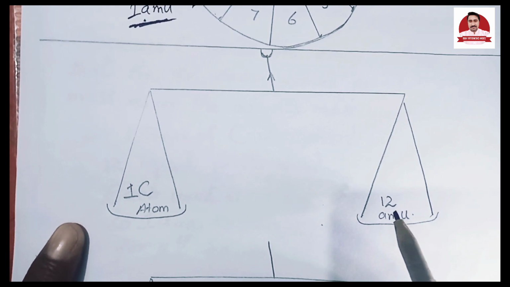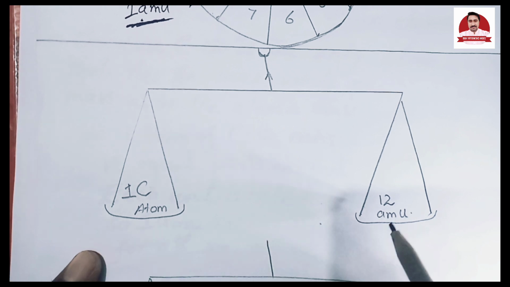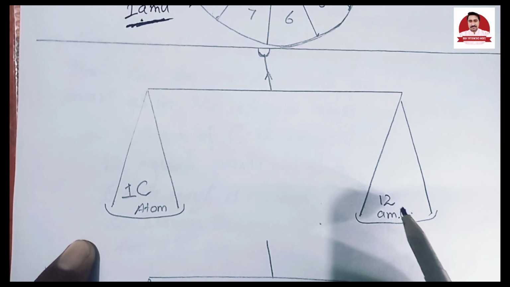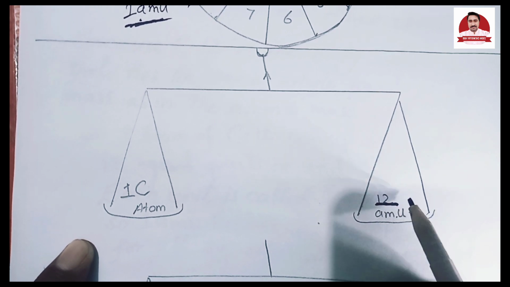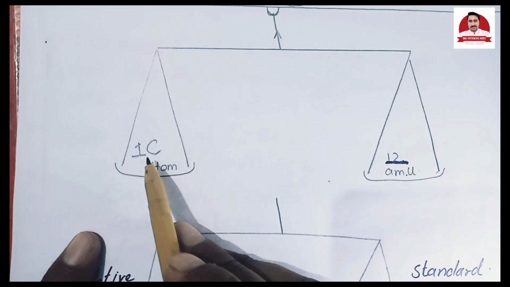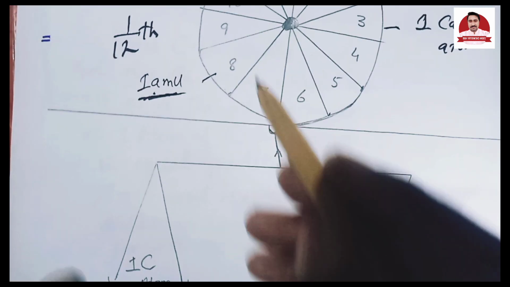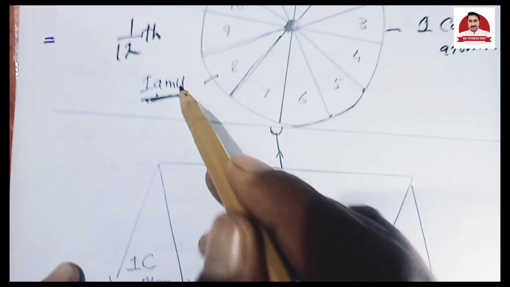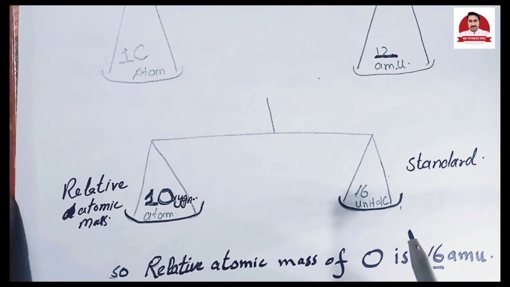we take a balance and put one carbon atom on one side, and on the other side we put 12 units of carbon atom one by one. One part, second part, third part, fourth part, and so on, and when we come to the 12th part, all the 12 parts are equal to one carbon atom. Any 12th part of a carbon atom is called 1 AMU, and it becomes the standard for all the other elements,